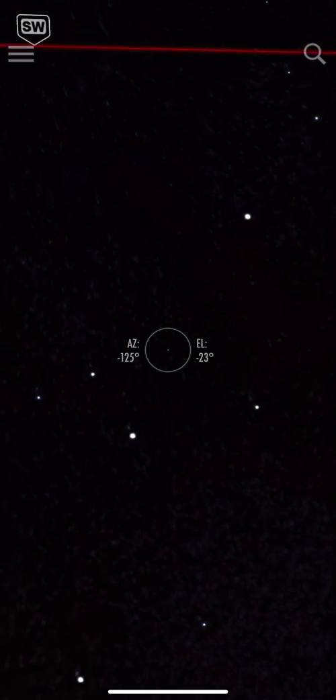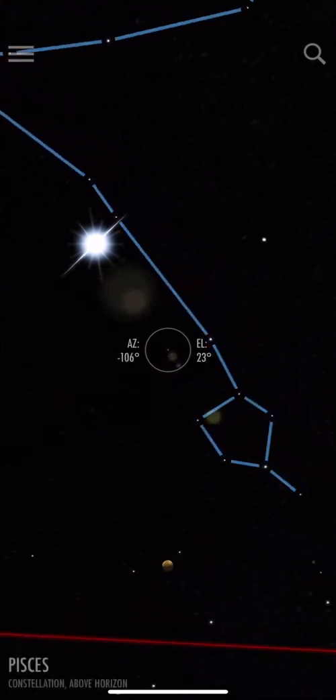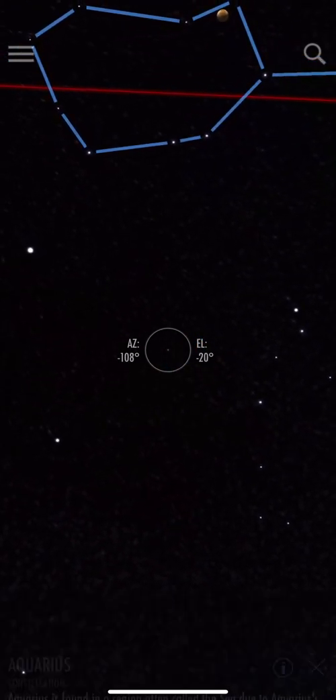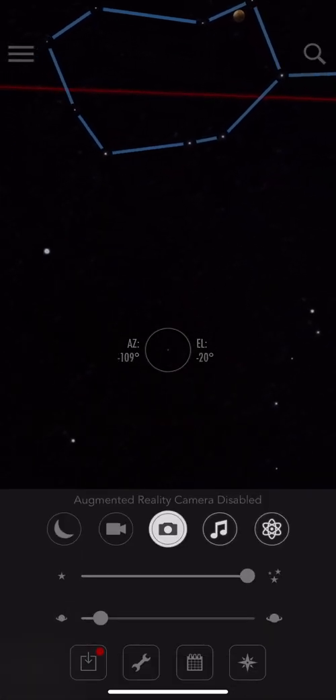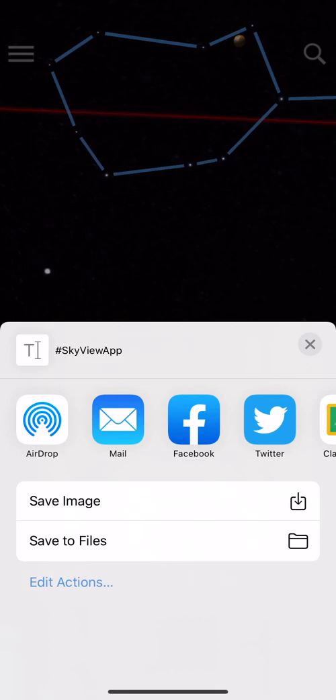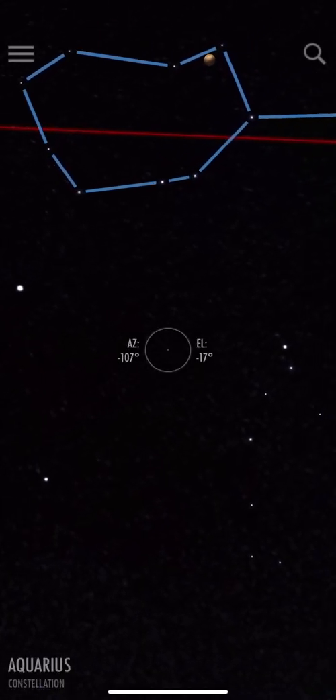Okay? If you do that, then what I would like you to do is either take screenshots while you're in this view. It's kind of weird that I'm still talking. My screen's not doing anything here. But if you pull this up and you hit that little camera button, that will take a screenshot and save it to wherever. Or you can just do a screenshot the normal way. But what I would prefer you to